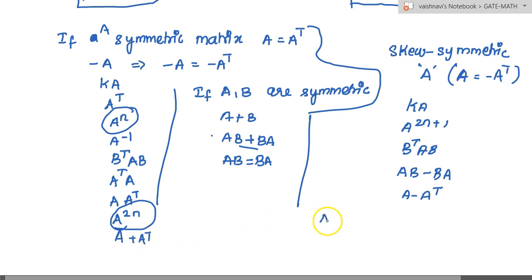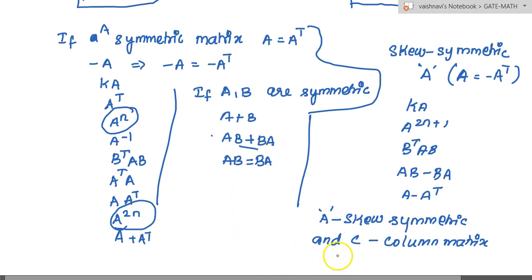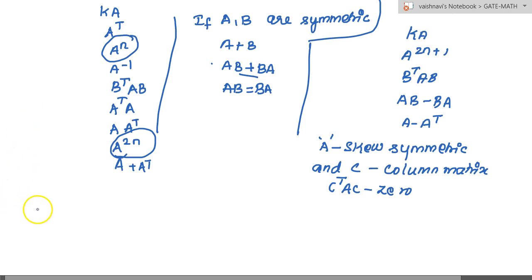And another thing, if A is a skew symmetric matrix and C is a column matrix, which of the following will be true if they ask? Then C transpose AC is 0. Let me say, if A is a skew symmetric matrix and C is a column matrix, then C transpose AC will be 0. Another final quote: every square matrix can be uniquely expressed as a sum of a symmetric and a